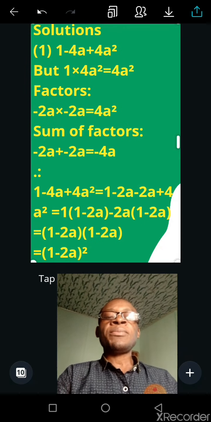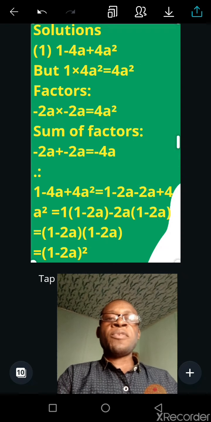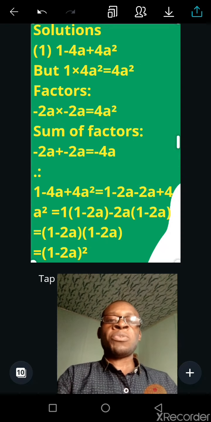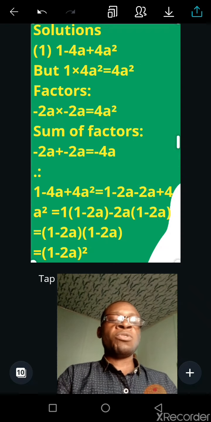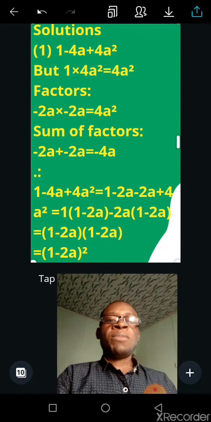Solutions. 1 minus 4a plus 4a squared. We also do what is right for us to do, that is to multiply the first term by the last term. So we have 1 times 4a squared, which will give us 4a squared. Now we get factors such that when you multiply, you get 4a squared, and when you add, you get minus 4a. The factors are minus 2a times minus 2a, which will give us 4a squared. Then what about the sum? Sum of factors will have minus 2a plus minus 2a, which will give us minus 4a. Therefore, 1 minus 4a plus 4a squared